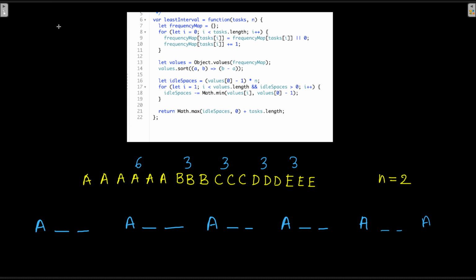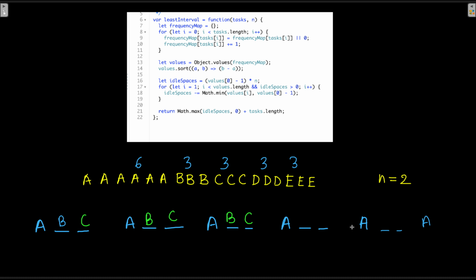So let us fill in here. First of all, it is going to be B. So let me fill B, B, B. Then it is going to be C, C, C. Now we are left with 4 more spaces here. So how can we deal with the rest of the elements?